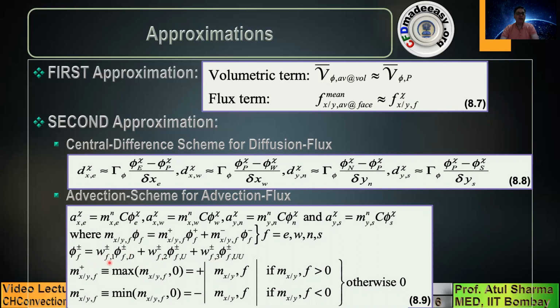These weights are constant when you consider advection in a uniform grid, whereas on a non-uniform grid, these weights are expressed in terms of the non-uniform width of the control volume that was presented in the previous topic on computational heat convection. And we are just extending this from the calculation of enthalpy flow rate in the previous topic to the x and y momentum flow rate for this topic. So the definition of this m plus, m minus was presented in the previous topic.